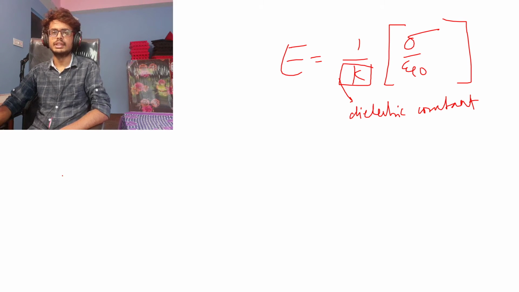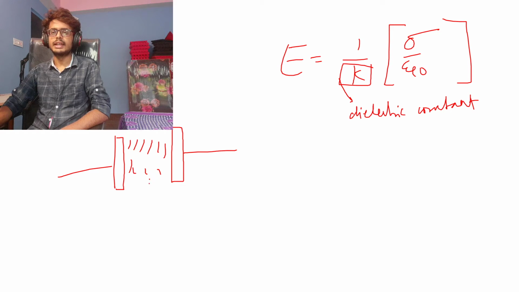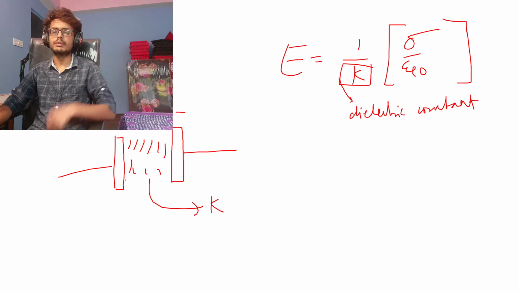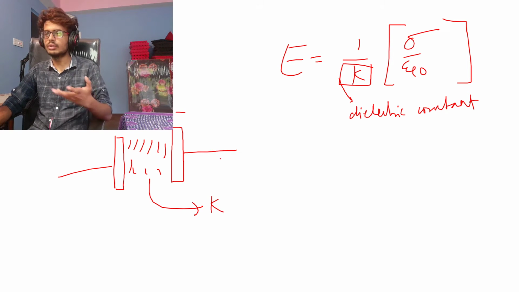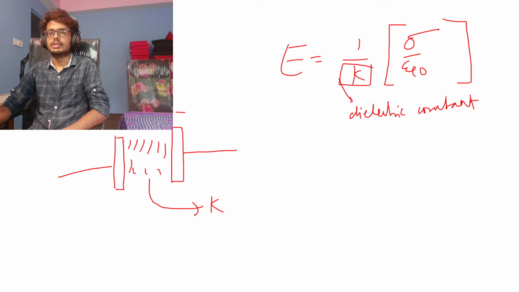So what happens is, there are two parallel plates, parallel when they are facing each other like this, right? There are two parallel plates, and there is a dielectric in between, and the dielectric constant is K, right? There's positive, there's negative. They are connected to some certain voltage. We don't know the voltage, we don't want to know the voltage right now, right? So the electric field originates from positive to negative. Can anyone tell me, will the arrow be this way or this way? Which one is the correct representation of electric field?